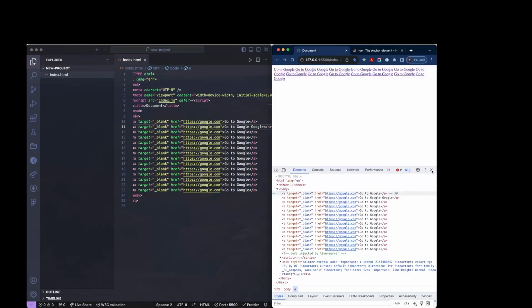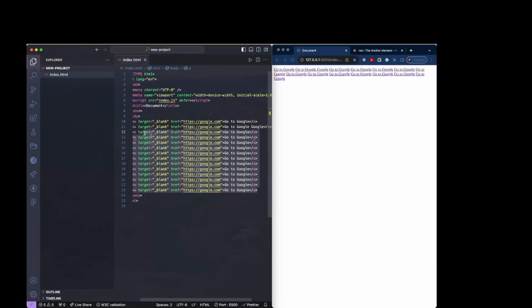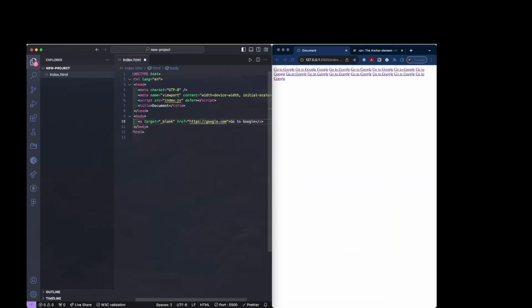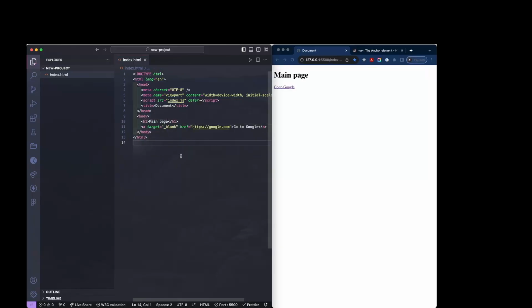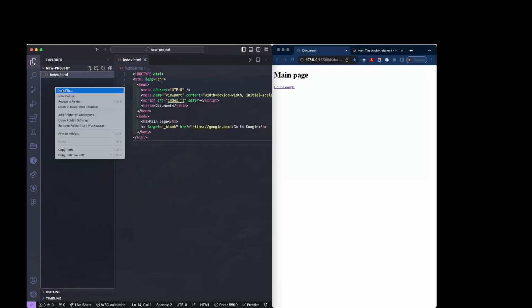Let's now close the inspector and try to set some hyperlinks of different types in our HTML document. We have already set a hyperlink that redirects the user to an external website when clicked. Let's now set a link that will help us to redirect the user within the pages of the current project. And to do that, I first want to set the page heading for the index.html document, and it will say the main page. Then I want to save this file, and I want to create another file with the name